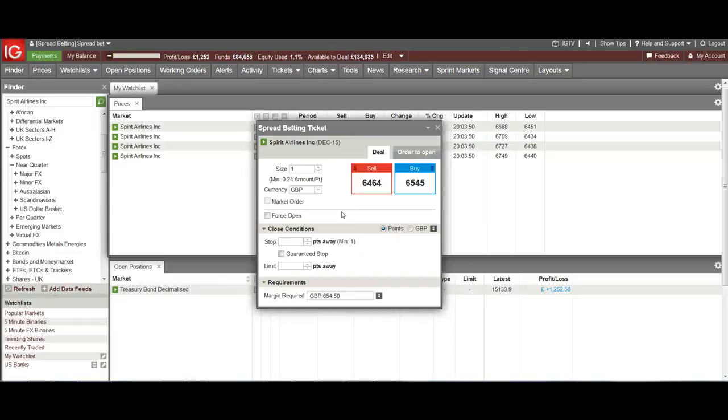But if it's a big gap, chances are they won't. So you're probably going to lose more than what you thought you would. So that's the difference between stops. But I explain a lot more about stops and different orders in my course, in the Making Money from Financial